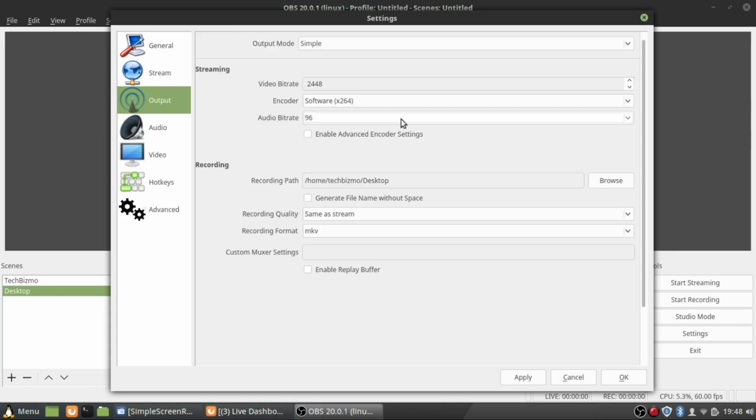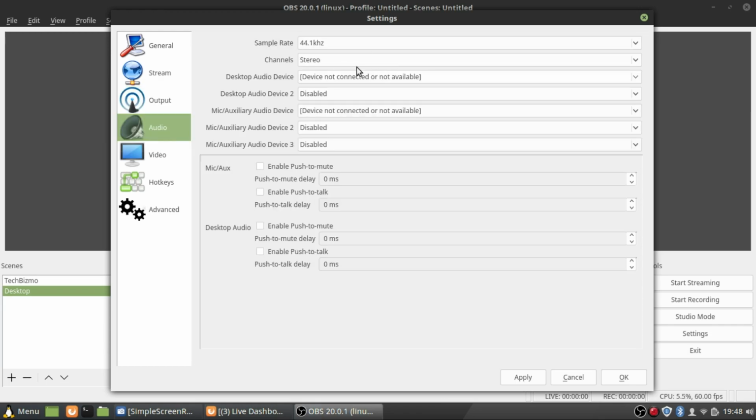So right here, you can scroll around and change your settings, whatever you want to. I'll just leave that on 160. So right here you have the audio, sample rate, 44.1, I believe that's kilohertz, channels, desktop audio device, all of that, mic,